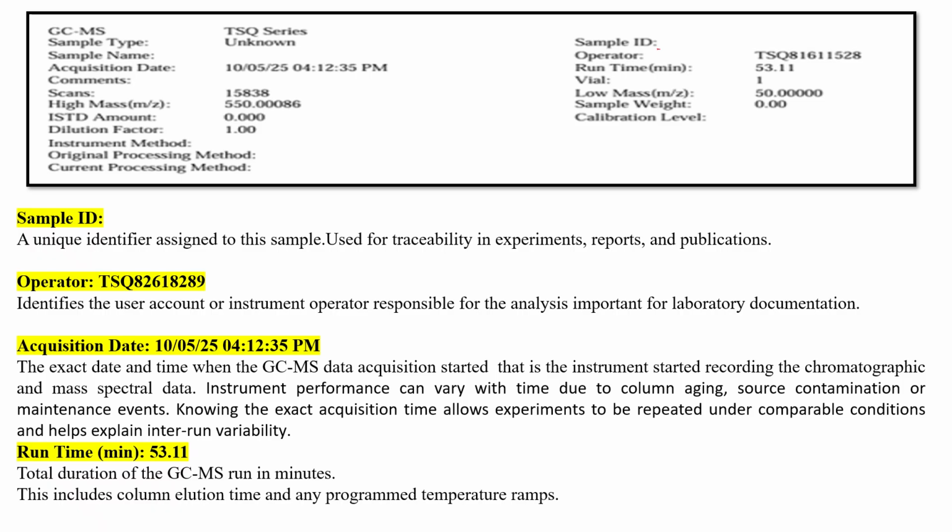Sample ID. Now sample ID is just a unique identifier which is assigned to the sample so that it can be traced in reports or publications or experiments. Then operator, a unique number is given so that the user account or the instrument operator can be identified. This is just for laboratory documentation. And then comes acquisition date,